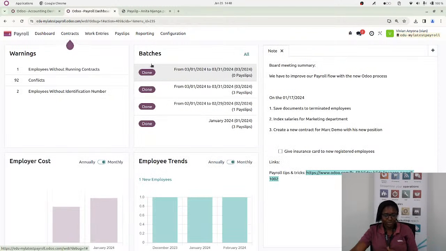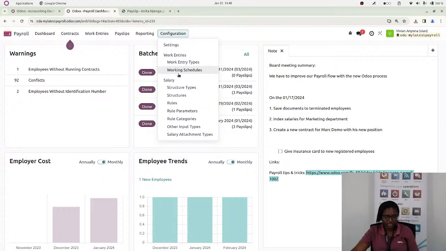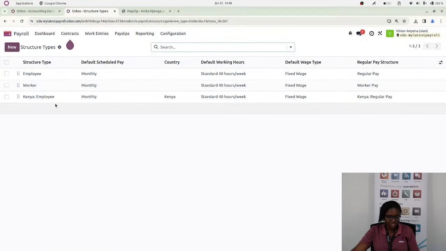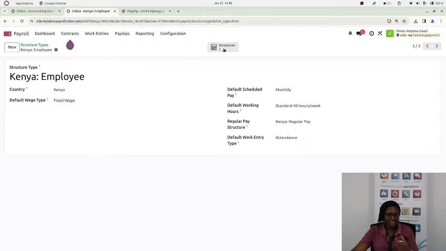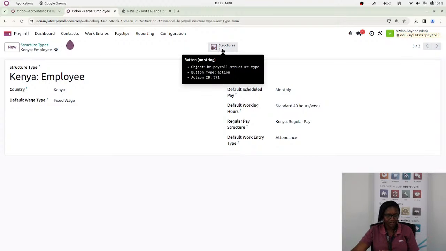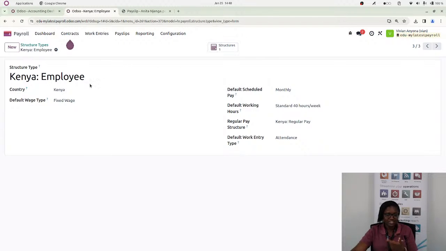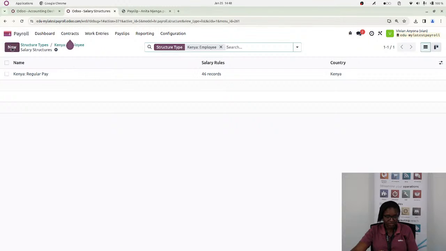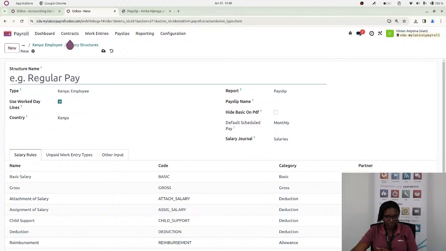So if you remember the slide that I displayed about how exactly our salary structure, or our payroll, is built, we have a structure type, and inside a structure type we have a structure. So what you're going to do in this case is create a new structure, and here we'll say this is my casual